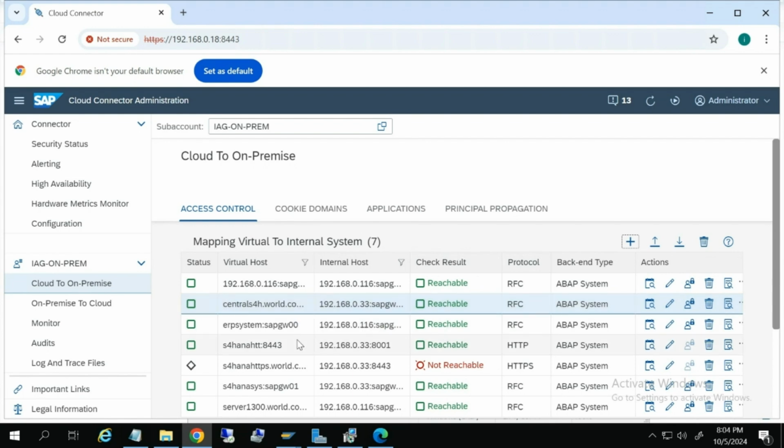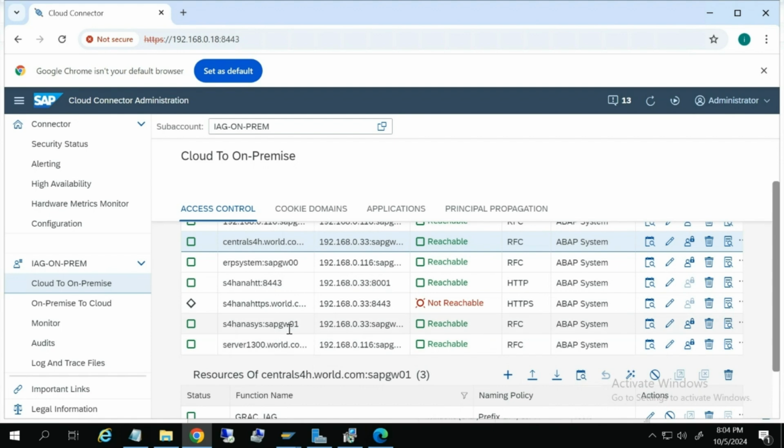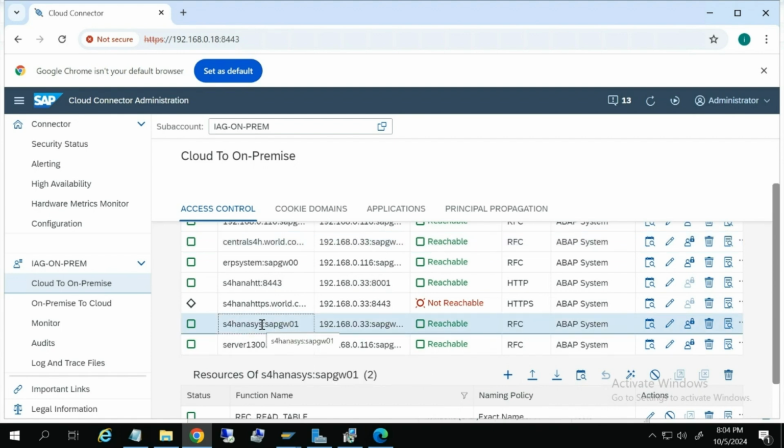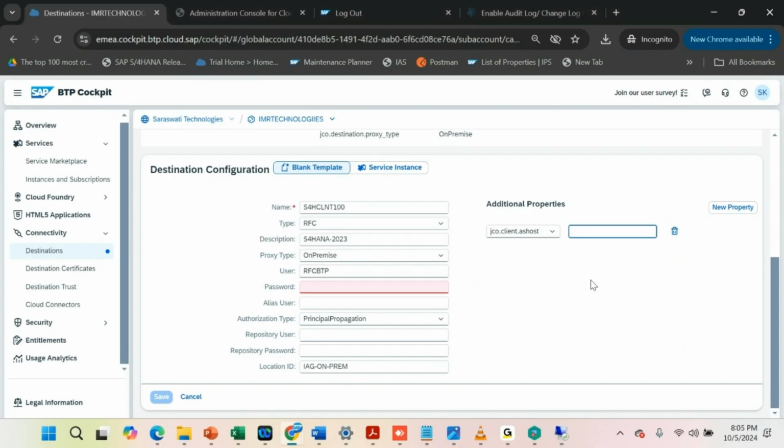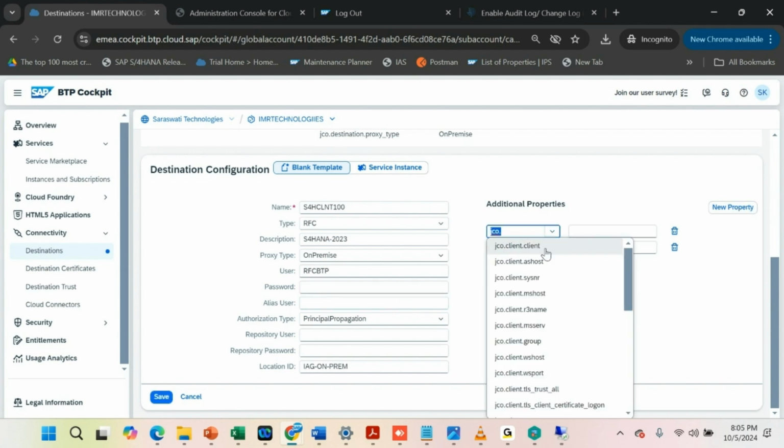I believe this one we have defined, right? Okay, so this is the virtual host. This we created today. Got it. Any name you define for the virtual host, you need to map here. This is the first parameter, which is mandatory, and the second parameter is the client number, JCO client, and to